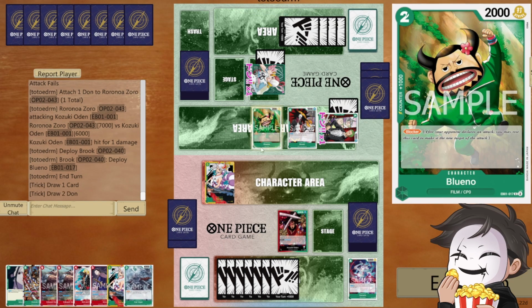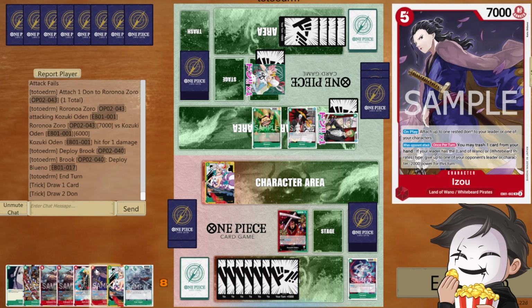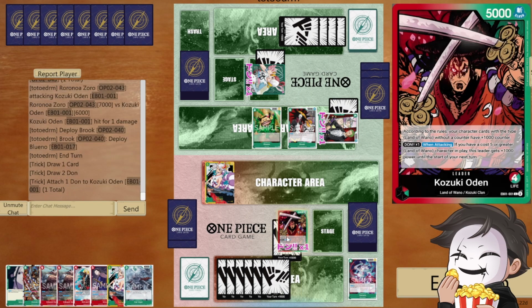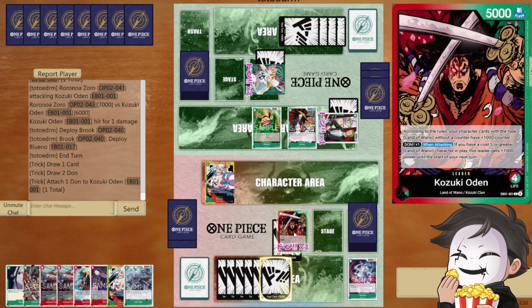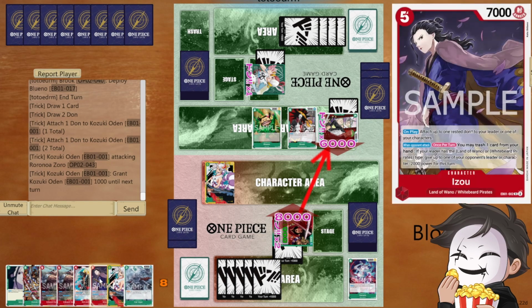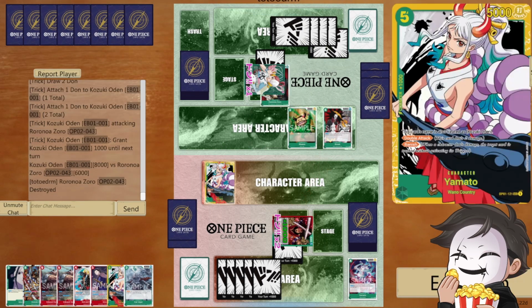Yeah, it's happening. They have a blocker as well. I could put 1 down on my leader and attack here. I will see how that goes. This puts me at 7k. No, it has to be 2 down, right? To get better. They might sack their blocker here. Or if they have the counter, but...